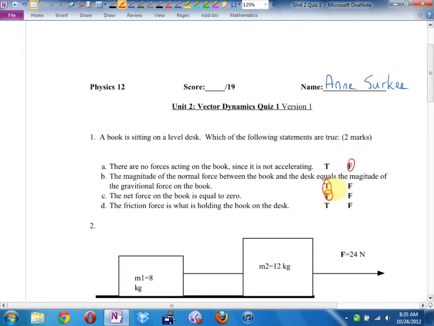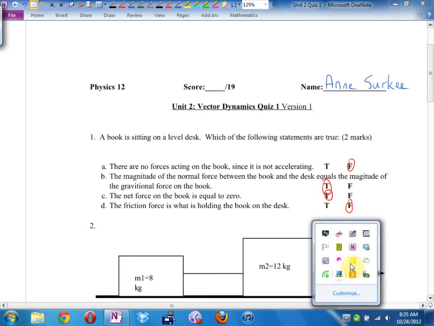They drive me crazy. The friction force is what's holding the book on the desk. I don't think so, because I think the desk could be made of ice, and I can certainly, as long as the desk is flat, put a book on an ice desk, and it will stay there quite nicely. So I think that's false. Speaking of falsehoods,